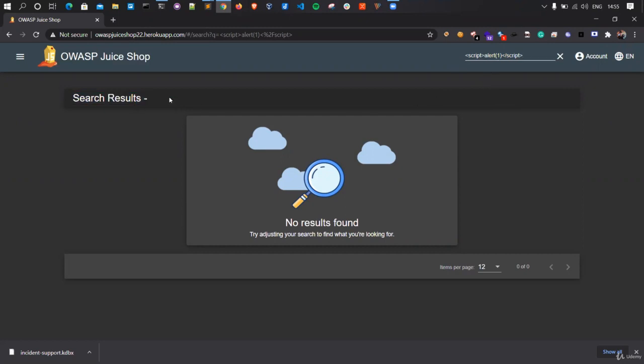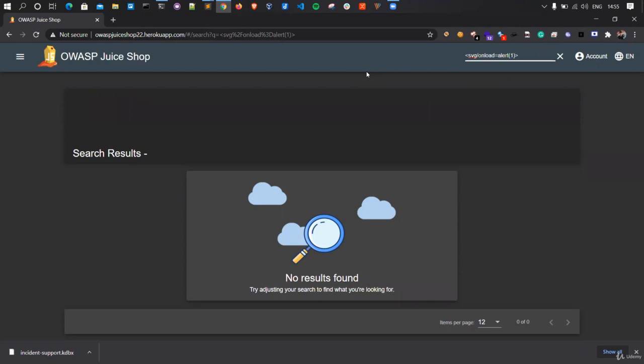Seems like it's not getting executed for some reason. The next thing I will try is svg/onload=alert(1). Something is happening, but no pop-up box. So it might be possible that the alert boxes are sanitized. So I will say confirm(1). No confirm box again. The next thing that I'm going to try is